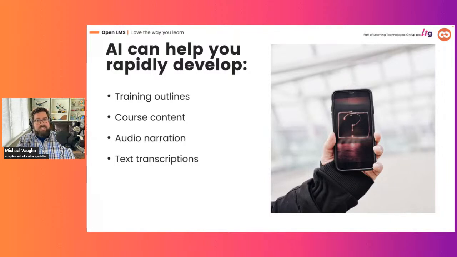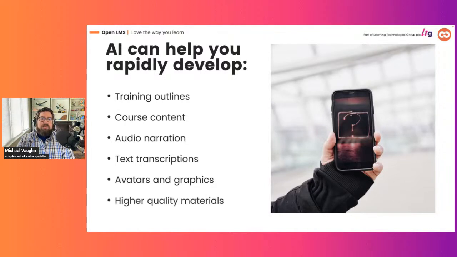I know it sounds like a silly thing to say, but I think it was TikTok that did a study and found that about a third of their users regularly interact with the app with the sound turned down. Because if you're scrolling through in bed at night, you probably don't want to make a lot of noise. So it's really helpful to have captions that you can generate really quickly for folks in a wide variety of situations. Even avatars and graphics, if you needed to quickly generate images,